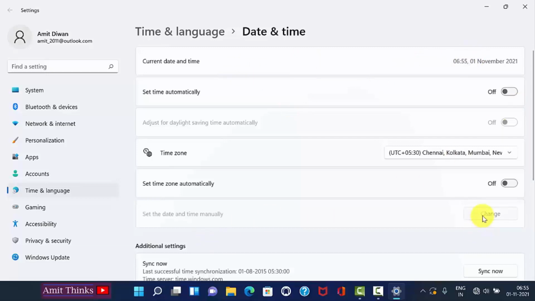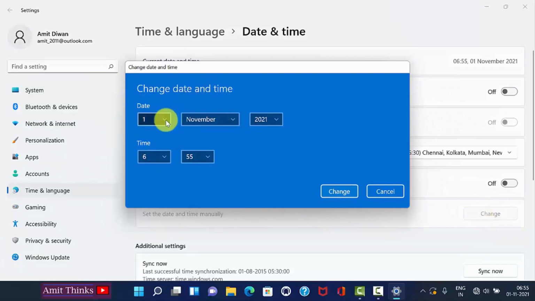Click on change. On clicking, you can just change the date and time from here. You can easily change it. And here is the time. So it is according to 24 hours format, and here are the minutes. And just click on change. It will change it. So guys, in this video we saw how we can easily change the date and time